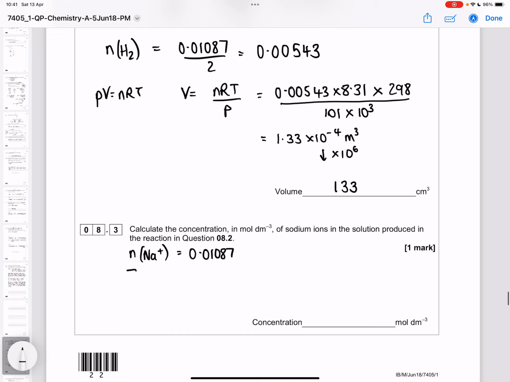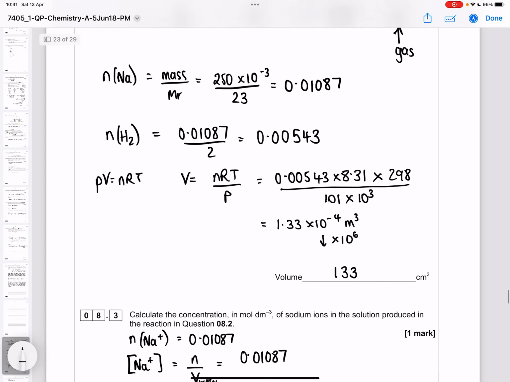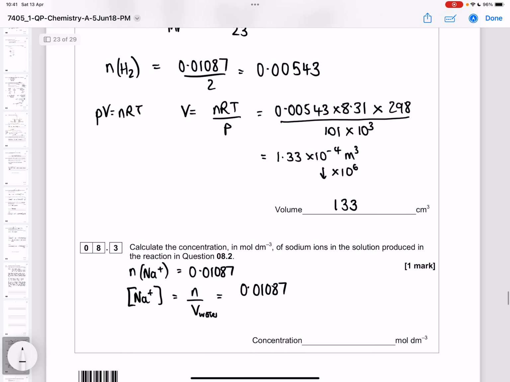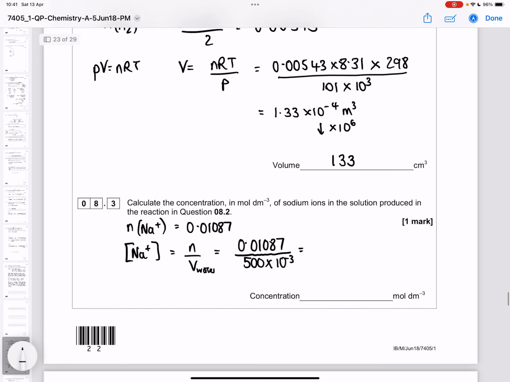0.01087. And the concentration of sodium ions, they were in the water, so it's moles over volume of water, not the volume of gas, but the volume of water. So 0.01087, and this is where I'm going to use the 500 centimetres cubed. Remember that concentration is in moles per decimetre cubed, so you convert your centimetres cubed to decimetres cubed. And if you do that calculation on your calculator, you will get 266.5